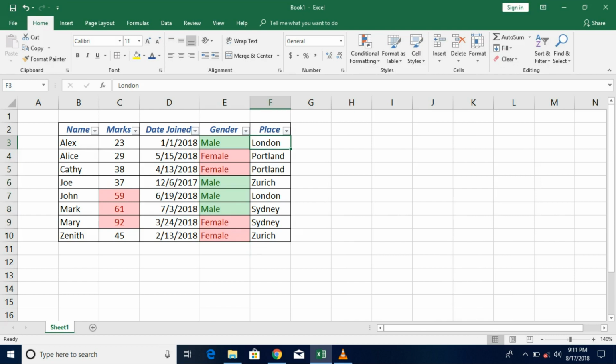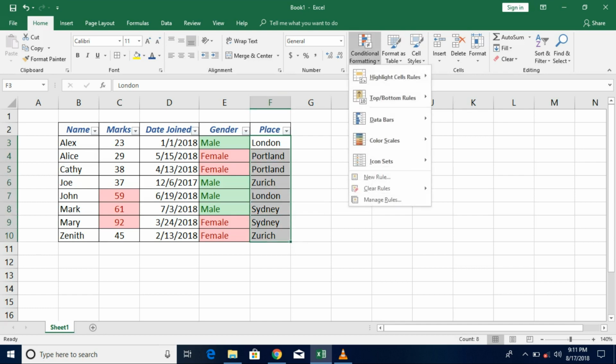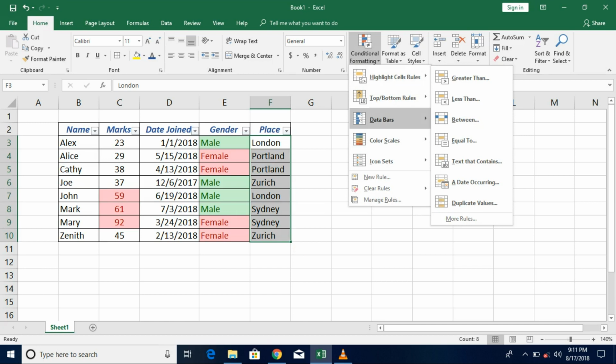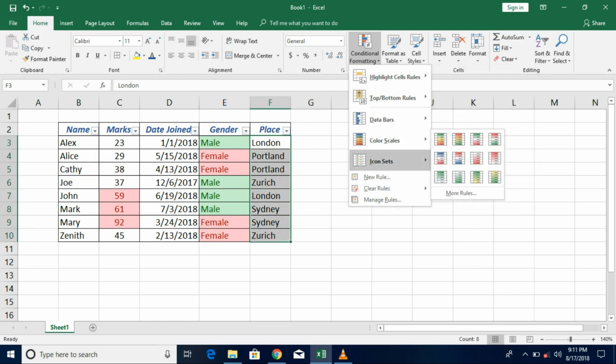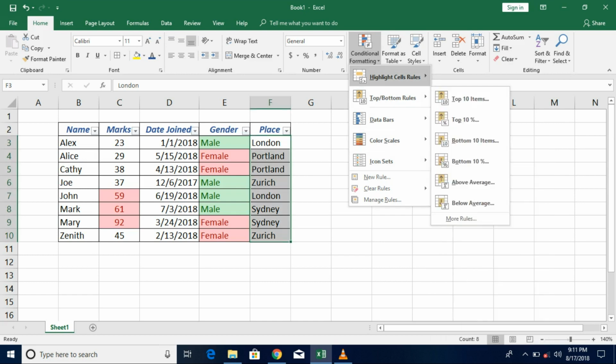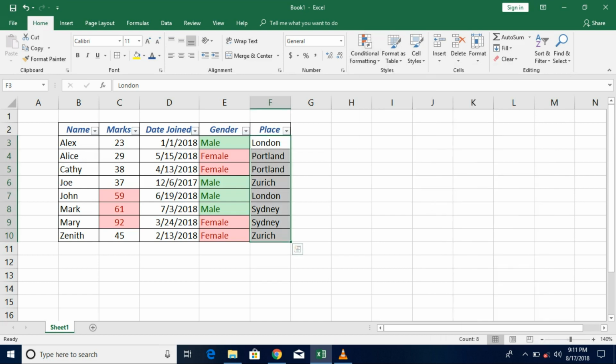Now here maybe let us use some kind of another condition, maybe conditional formatting or data bars. No, this is not a value. We cannot use data bars. We cannot use those. So okay, we are fine. Anyways, we have a text here which can make you understand. So what I wanted to show you here is how we can filter based on the conditional formatting once you